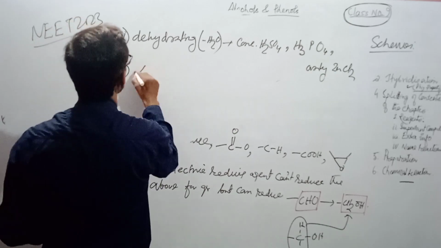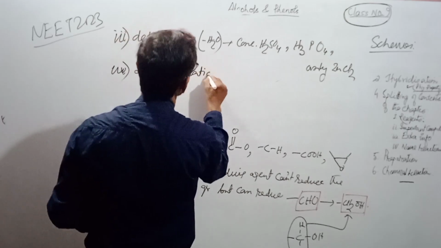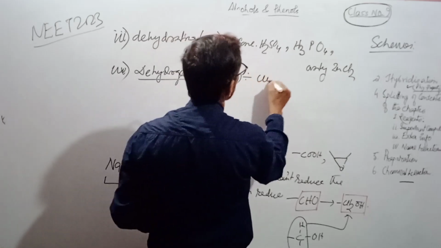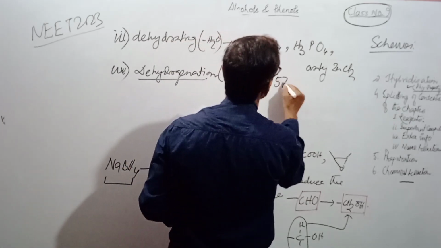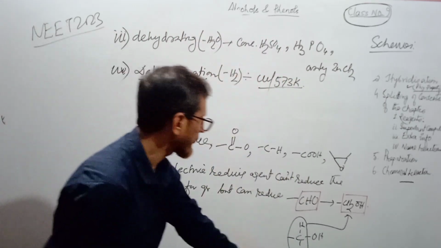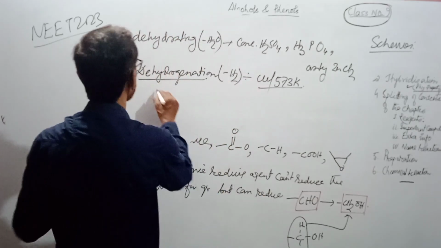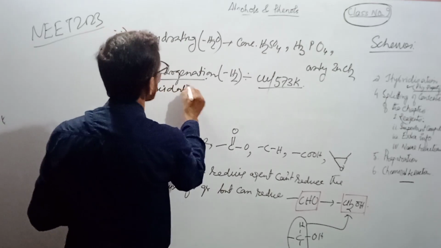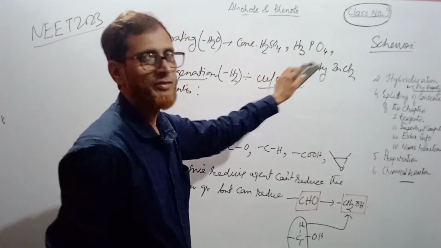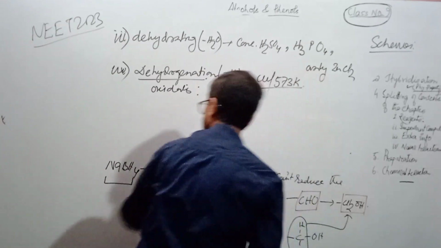Type 4 is dehydrogenating, or dehydrogenation, meaning loss of hydrogen, and especially in this chapter we will talk about this one. If addition of hydrogen is reduction, then loss of hydrogen is oxidation. We will find a lot of reactions of alcohol with copper at 570 Kelvin. I am just giving you some idea about the reagents. Next one is